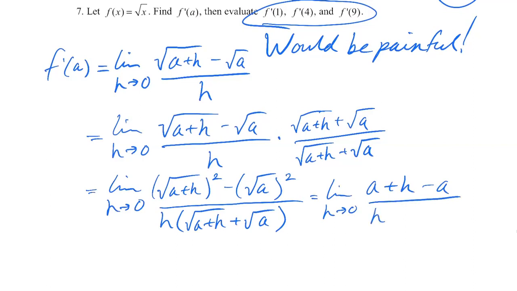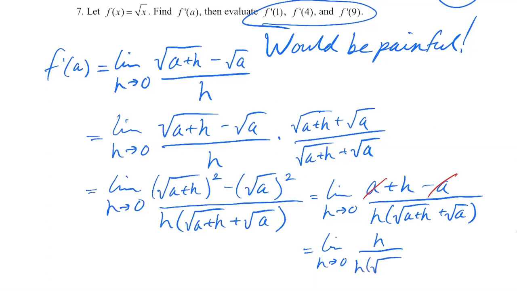Down below, we have the same thing we did before. And this is where we see some advantageous happenings. So that's going to give me h over h times this square root mess. And we cancel, and we get 1 over